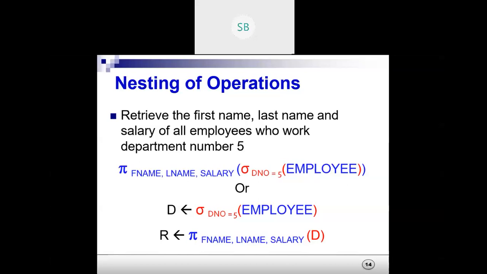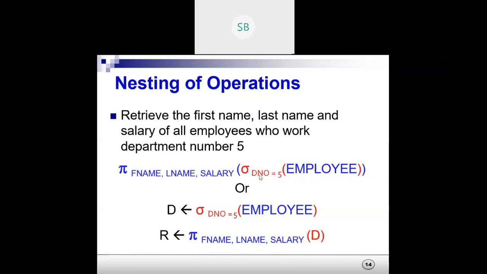If we have in the rows only those employees who work in department number 5, then using the project operation we can easily find their first name, last name and salary. That is why, though it is written first, we actually do the inside part first, like the inner loop. We calculate this one first.